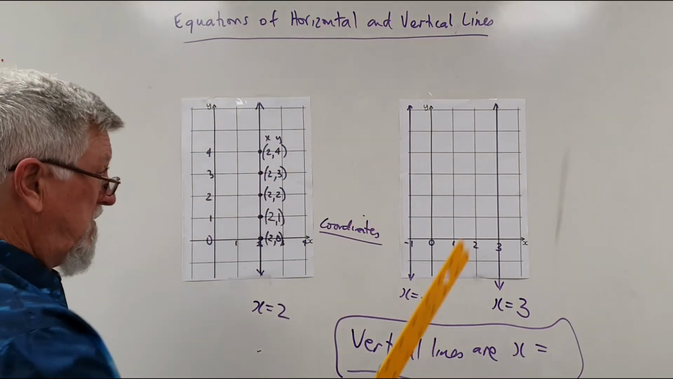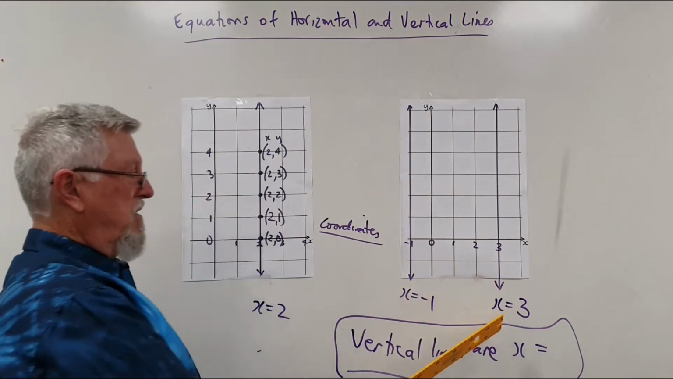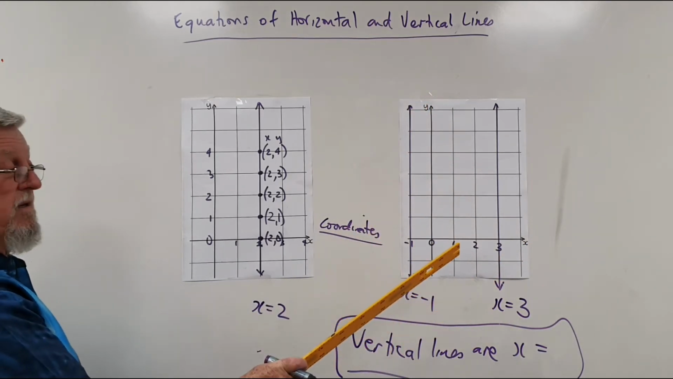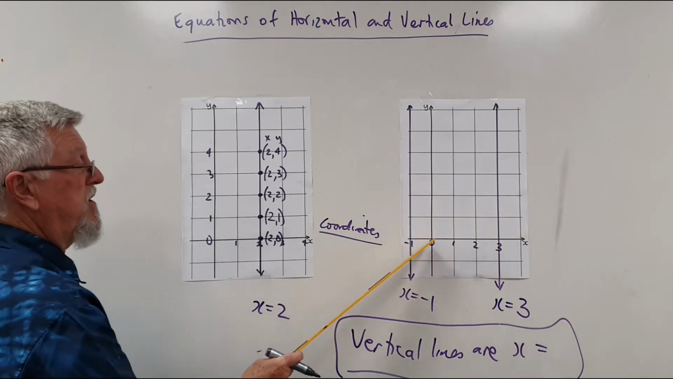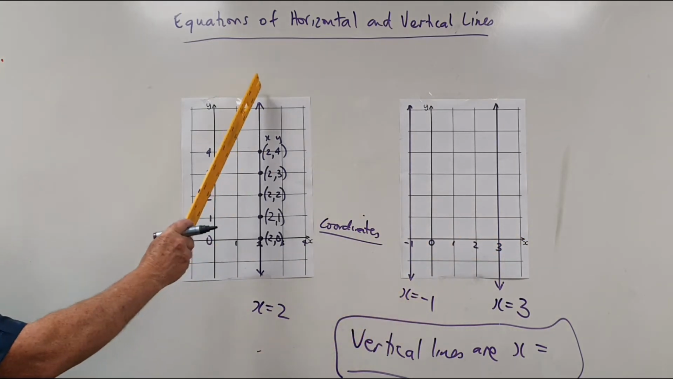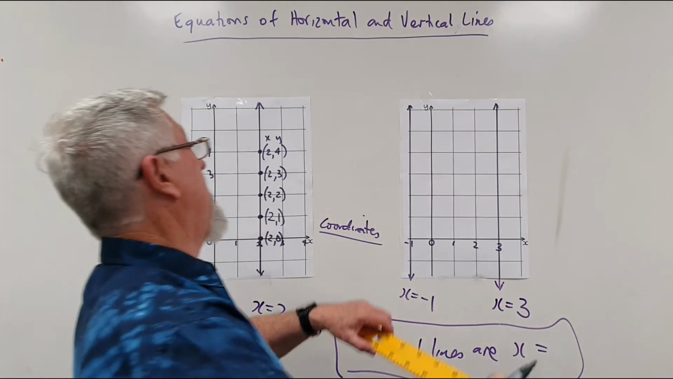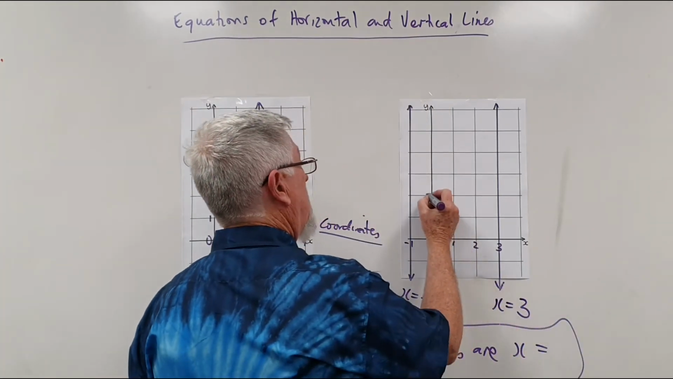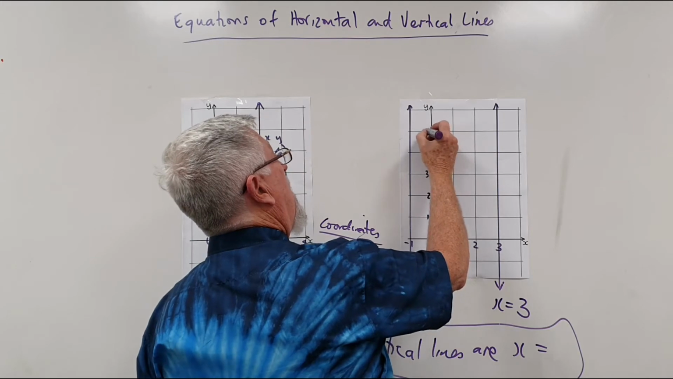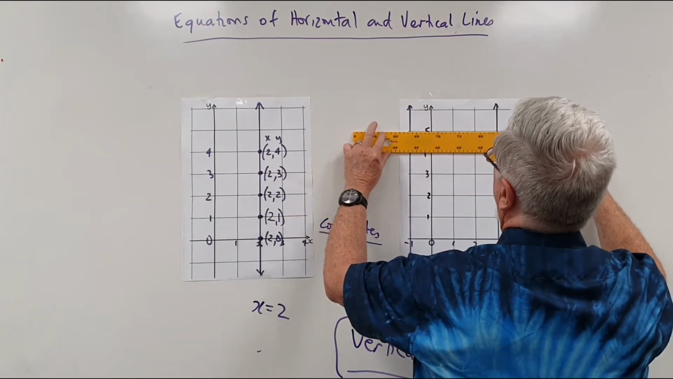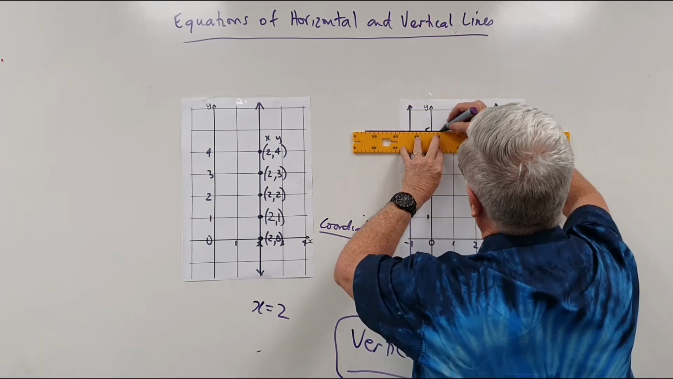So what am I doing? Verticals are x equals, they go to x equals 3. Verticals are x equals, it goes to -1. Verticals are x equals, it goes there. So I'll put one up ready. 1, 2, 3, 4. And I want to go all the way up to 5. So if I put a horizontal line all the way through there, and they go right off onto the board,